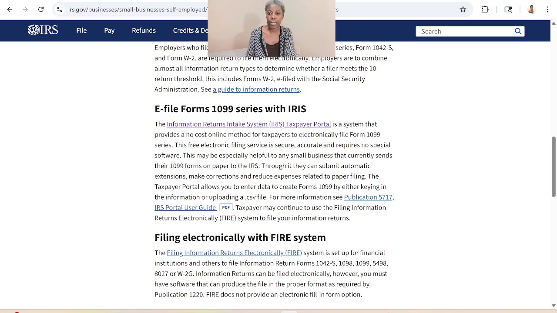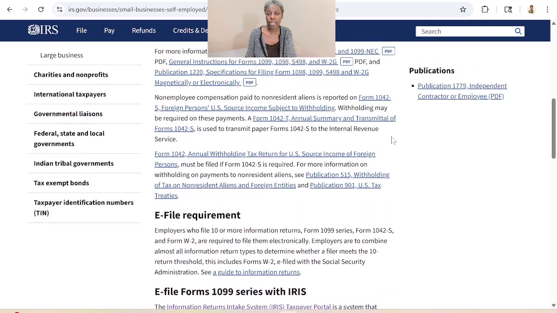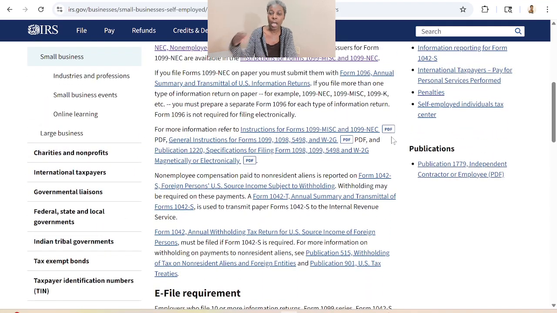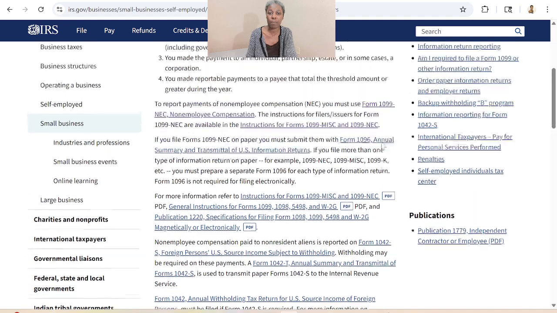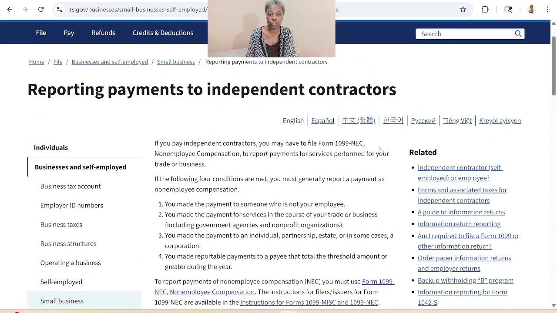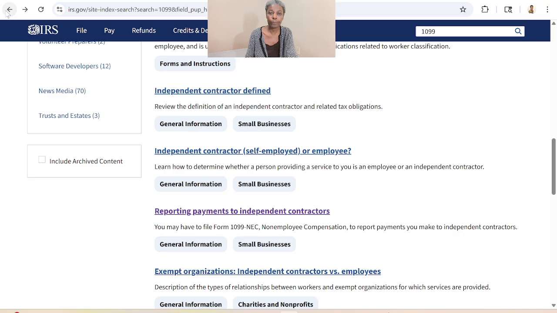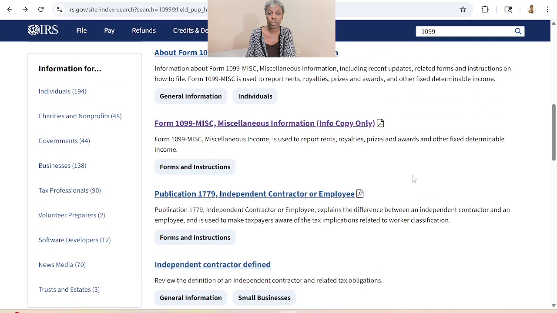If you are filing 1099 through online software, I will assume they will charge you, and depending on how many of those you are going to be filing and how often every year you are going to file it, it might make sense to have an account where you can just do it by yourself. But they are due by the end of January, the 1099s. So therefore, for this year, it will make sense to just